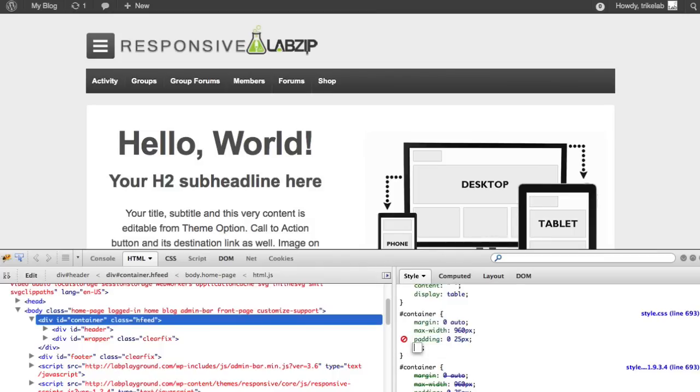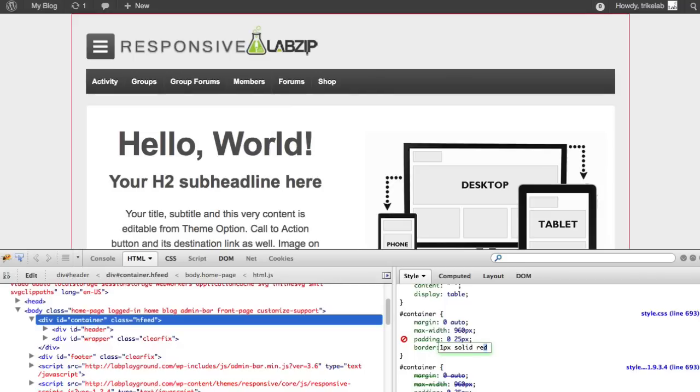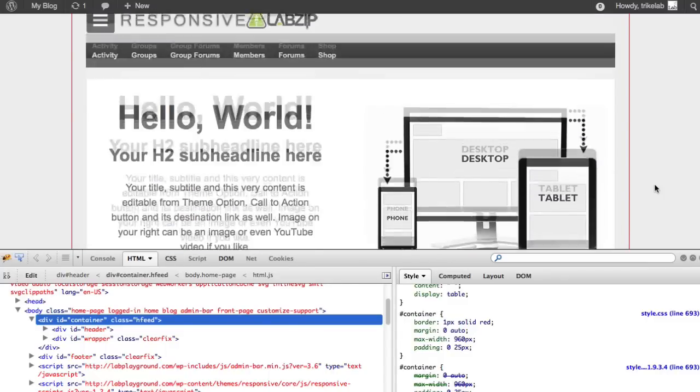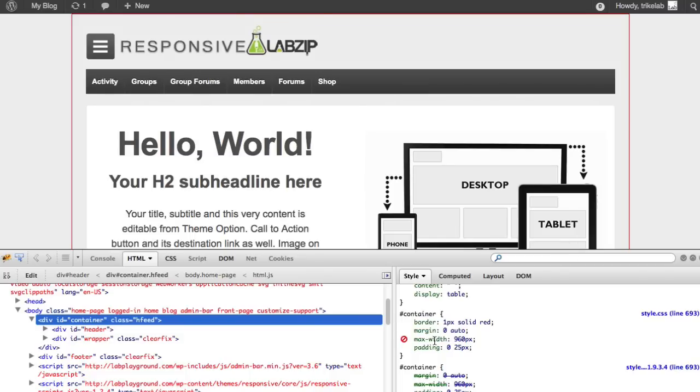I'm going to hit Enter, Enter, and then I'm going to say border, tab, 1 pixel, solid, and I just come up with a different color for each element. So for example, for the container, I make that red. And now I can see the container. And one of the things I can also see is it's got an attribute, max-width 960 pixels. So what's going on is that the container is limiting us from having something full width,